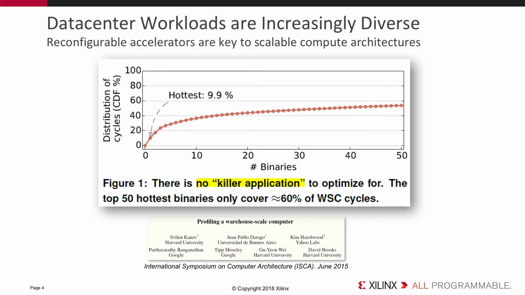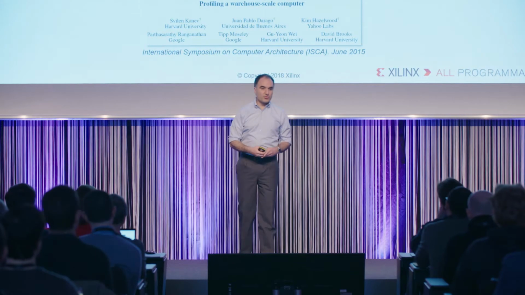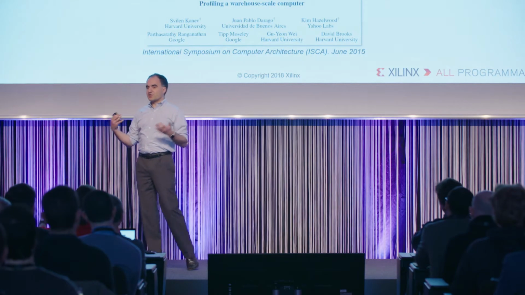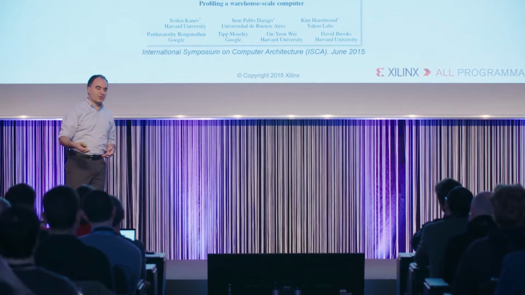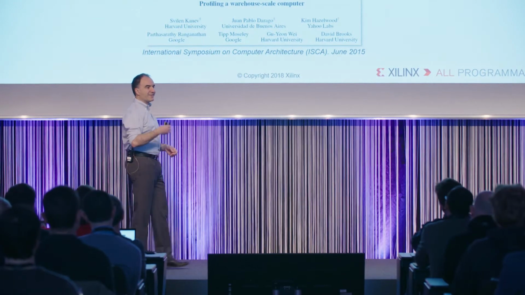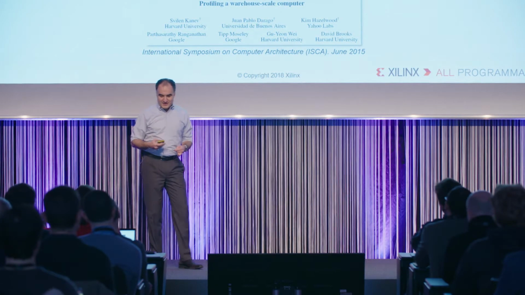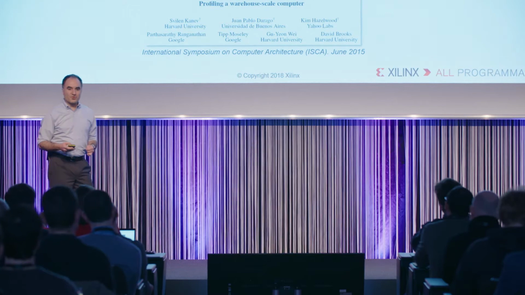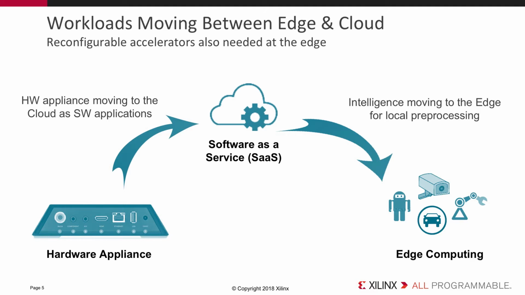So really, there's no possibility to build application-specific accelerators, even for video. You build an accelerator for HEVC, well, the HEVC spec changes, and some people need high quality, some people need high speed or low latency, and then now there is VP9, and then it's going to be followed by AV1. It keeps on changing really quickly. So what this means is that reconfigurable accelerators are pretty much the only option left for this kind of workload. And this trend is also valid at the edge.